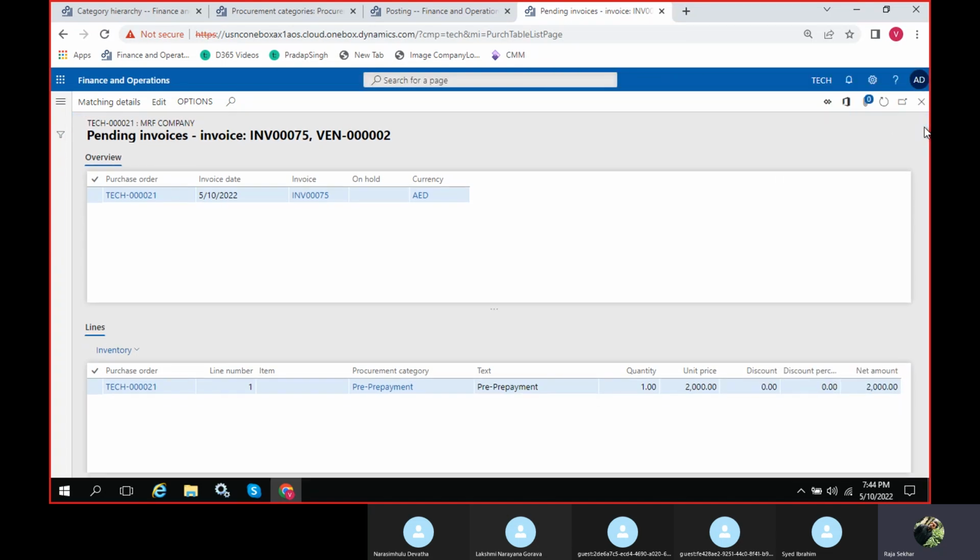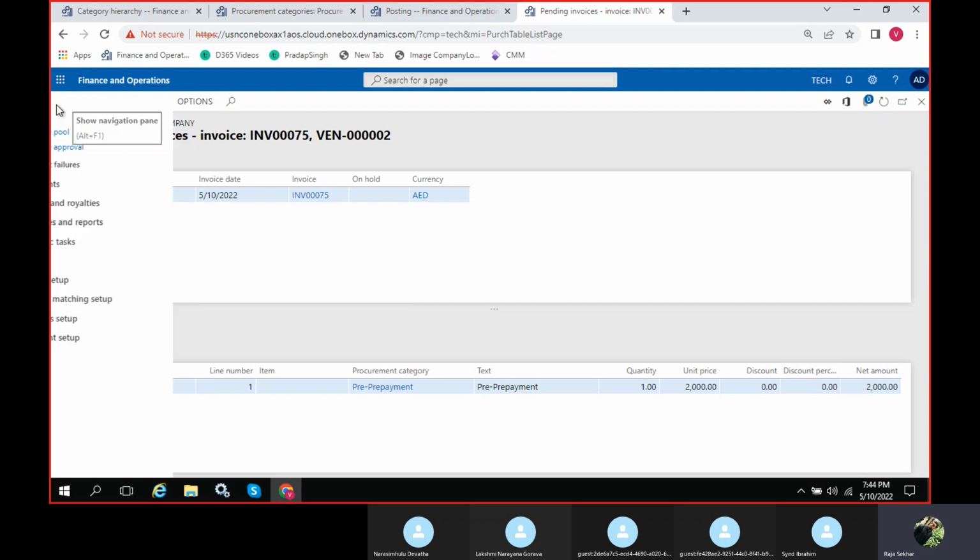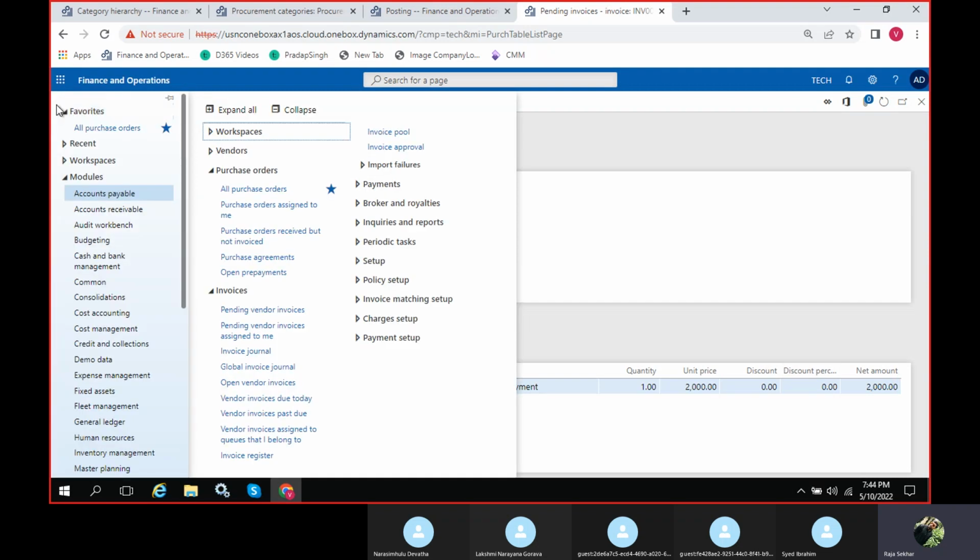That's okay, meantime we'll see one prepayment where we can define without a procurement category.